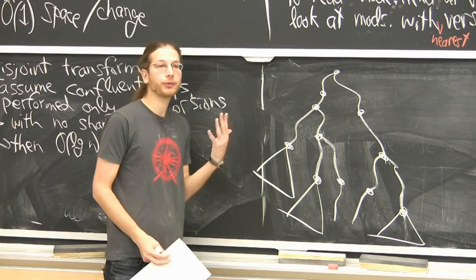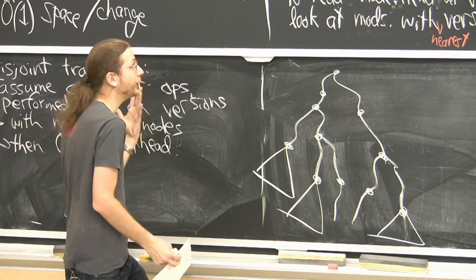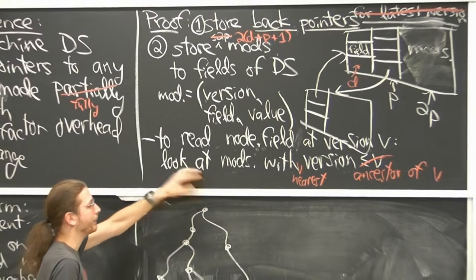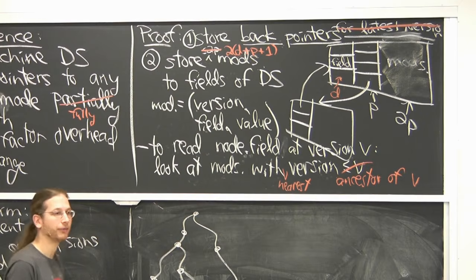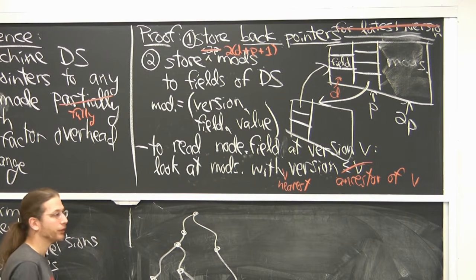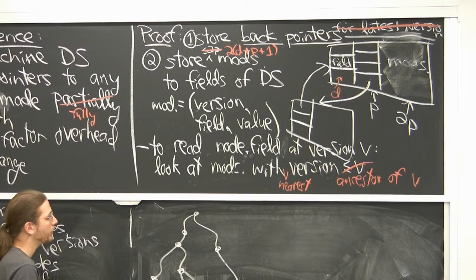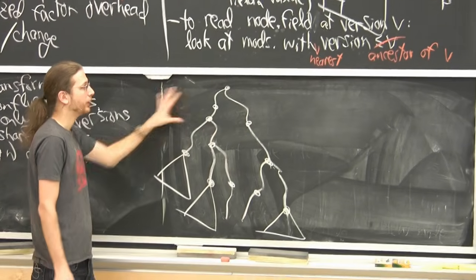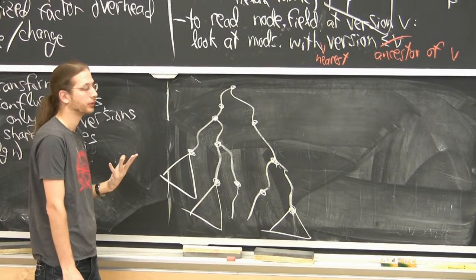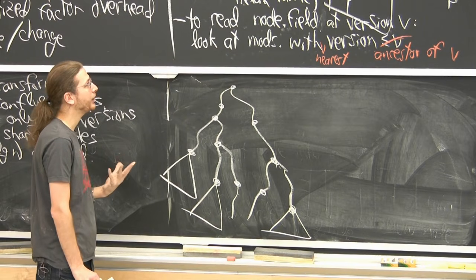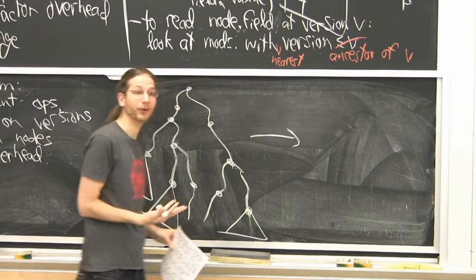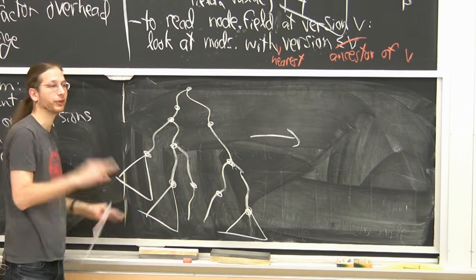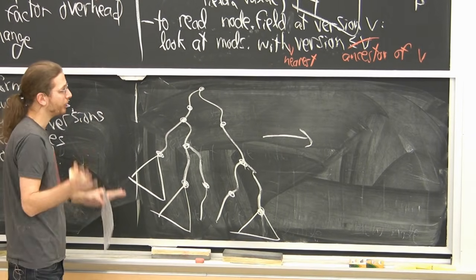Okay, so now if you look at an arbitrary version, so what we're thinking about is how to implement reading, let's say. Reading and writing are more or less the same. I give you a version, I give you a node, and I give you a field. I want to know what is the value of that field, that node, at that version. So now where could a version fall? Well, it has to be in this subtree because the node has to exist. And then it's maybe a pointer. The pointer could be to another node, which also has this kind of picture. They could be overlapping trees. In general, there are three cases.